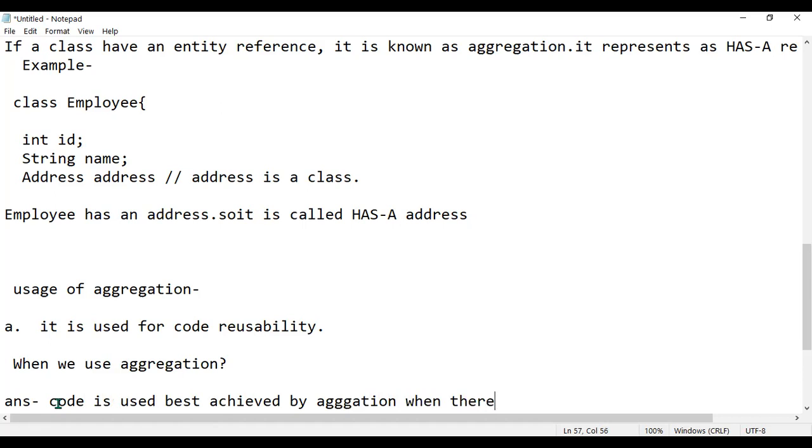There is no easy relationship. So there is a has-a relationship, or has a